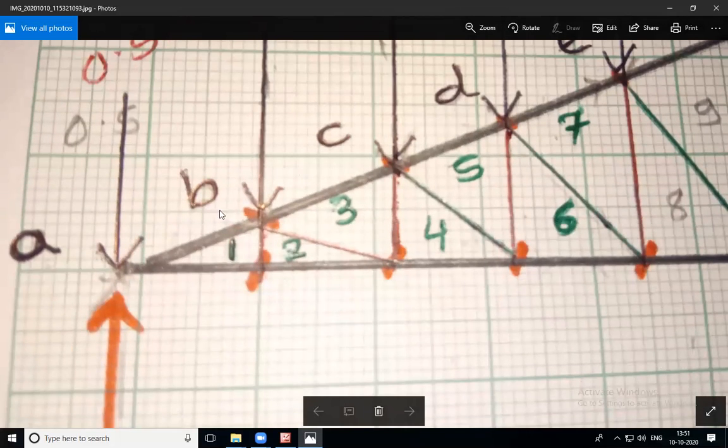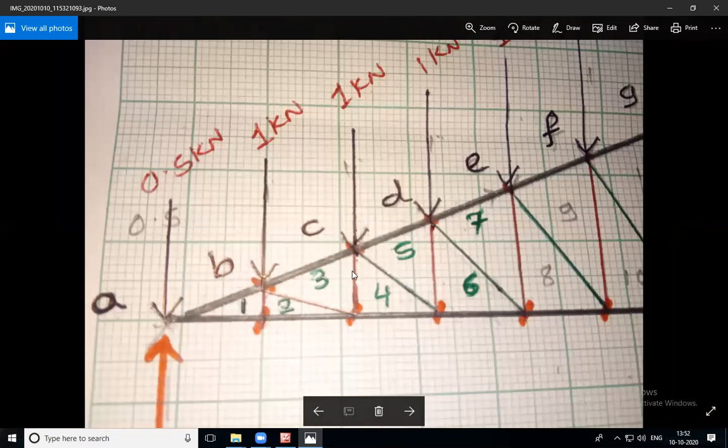Suppose this is the left corner of the truss. Now these are the outer members. The outer names are already given. Now starting with the inner, this space is denoted with 1. After 1 there is this vertical member, and after that we have given this space as 2. Now after 2 there is one member, this inclined member, and after 2 we have given the name 3. Similarly after 3, 4, then 5, then 6, then 7. In this way, each and every space is denoted with some number.